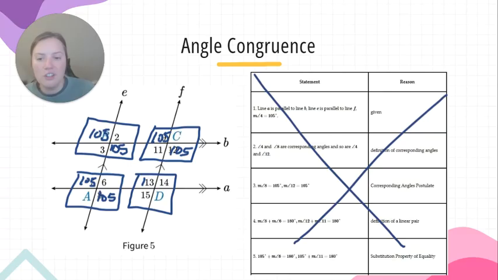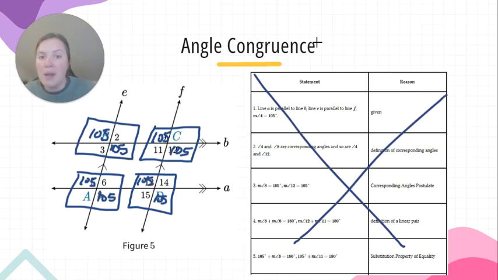105. I can't write 105. This little box. 105, 105, okay? By corresponding and vertical angles, we can identify that there's 105 degrees in each one of these upper left and lower right quadrants. Now, how on earth do we find what the angle measure is for our 2 and